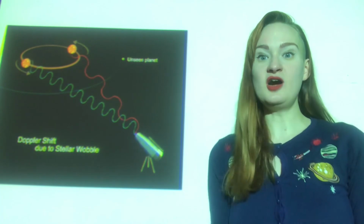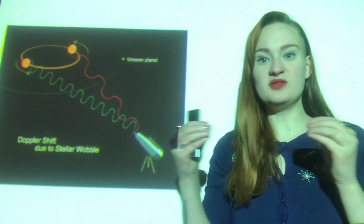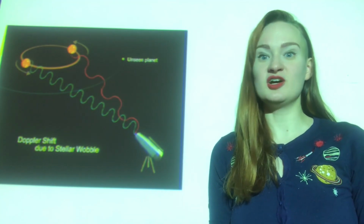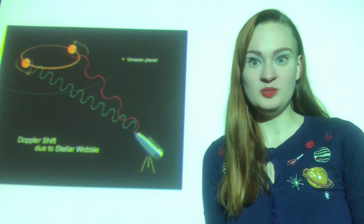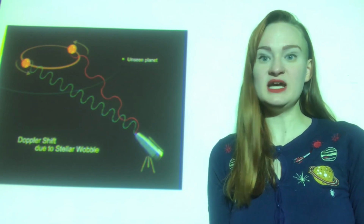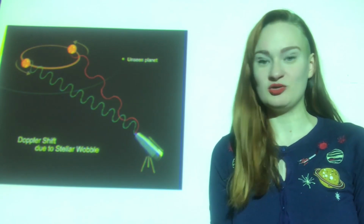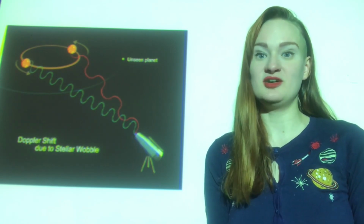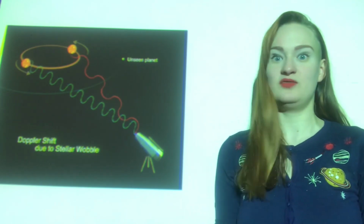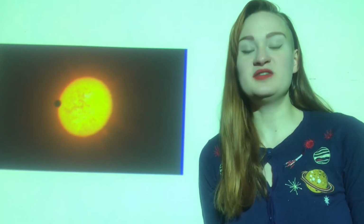When we have a star that has exoplanets around it, the gravitational pull from those planets actually causes the star to wobble back and forth. And when we're looking at that star through a telescope, we see the frequency of light, the color of light, actually change as the star wobbles around. So we can see if a star has exoplanets based on whether or not it's wobbling back and forth. Getting a little dizzy. Another way that we find exoplanets is actually the method that was used by the Kepler